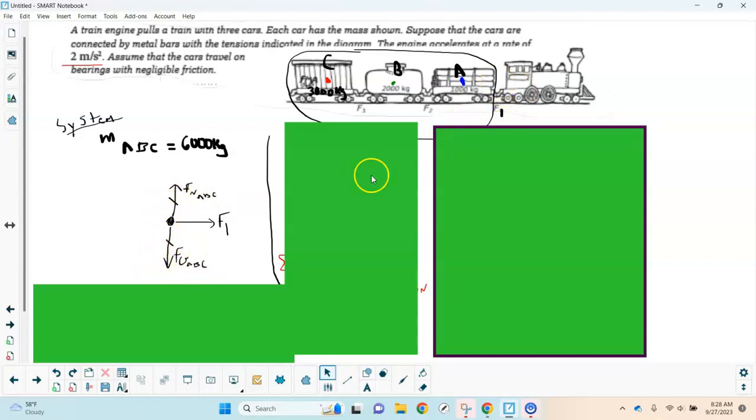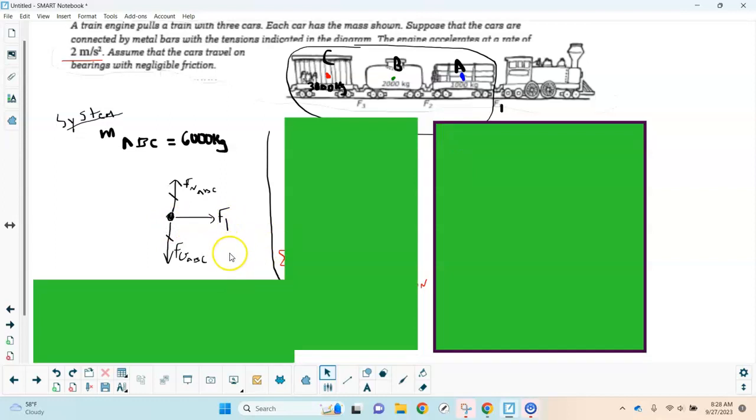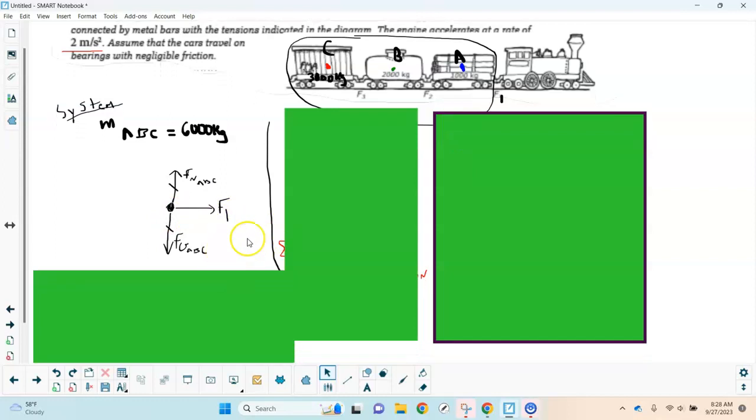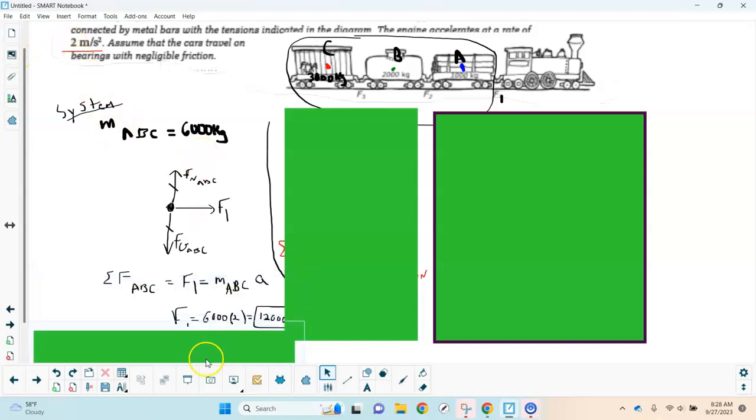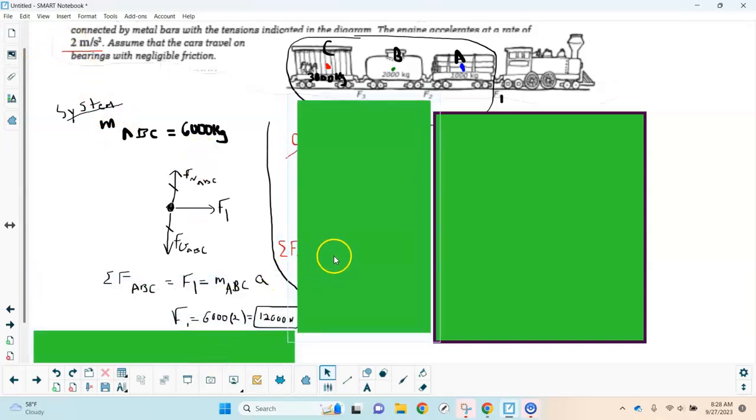And the only force we have acting is F1. So we have this force going to the right, and we need to figure out how big it is. We know the mass of the cars, and we know the acceleration of the cars. So it's just a simple Newton's second law problem. So we're going to take